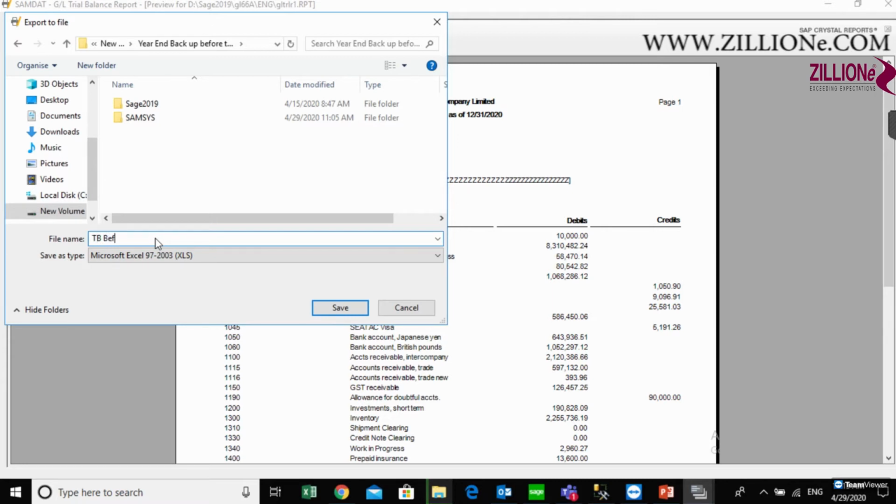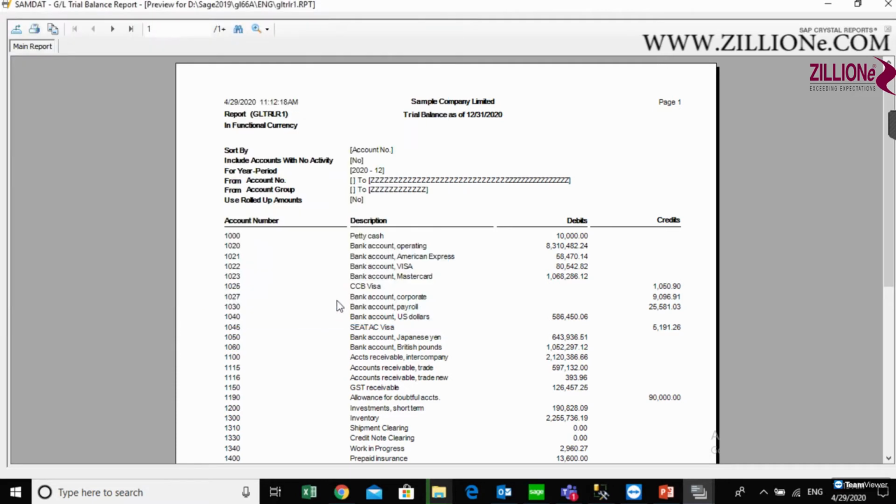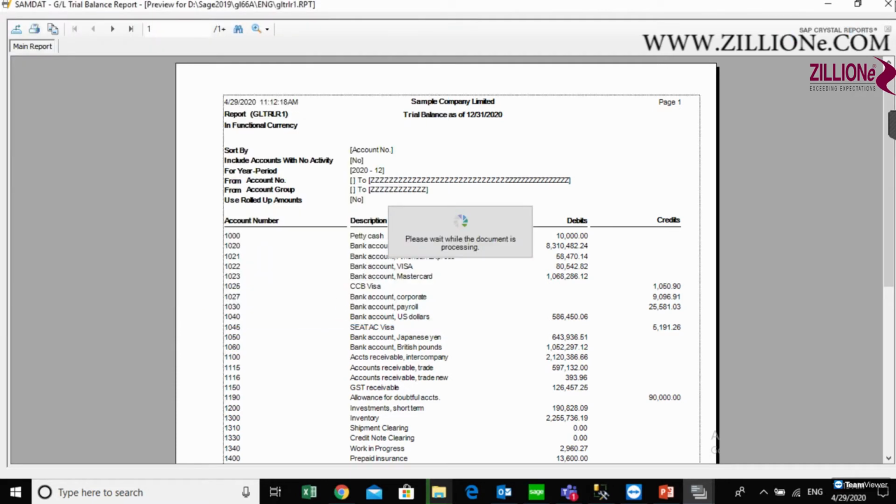TFE before the year end for the twelfth period. And save this file.